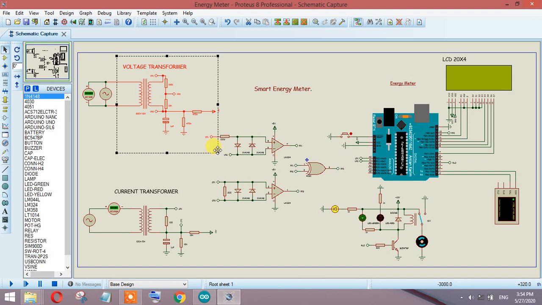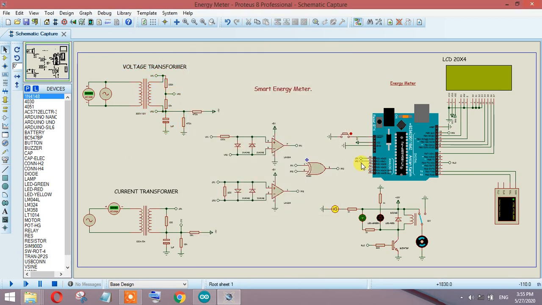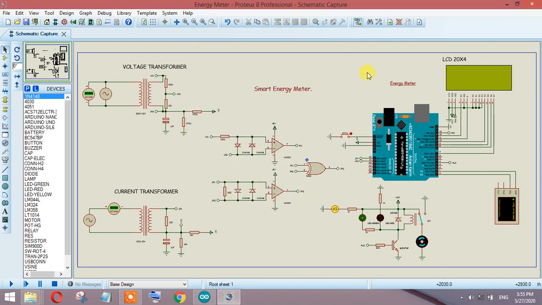You can see that I am just giving the AC signal from here to over here. So the direct AC signal is going into the Arduino, and we are getting that signal measured in the Arduino. The same thing we are doing over here for the current sensor. We are giving an AC current into a CT, which is a current transformer.